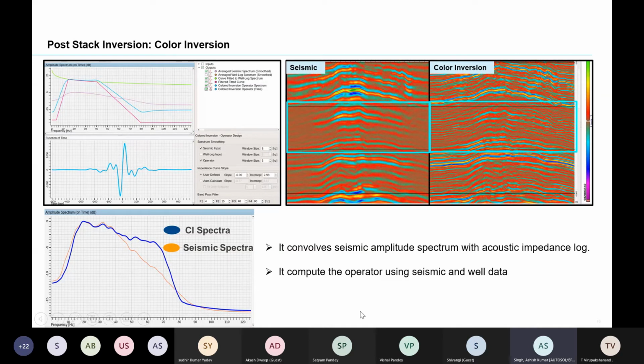So right, this is an example. You see, this is our seismic, and this is color inversion. You can see how vertical resolution is enhanced. So color inversion we use when we know that there is less resolution in the seismic data and interpretation is a bit difficult. So we do the seismic inversion. It helps in interpreting the reservoir extent, right? So you can see that I have computed the spectrum comparison of both data sets, that is the seismic as well as color inversion. You can see that the color inversion frequency bandwidth is greater than our initial seismic.